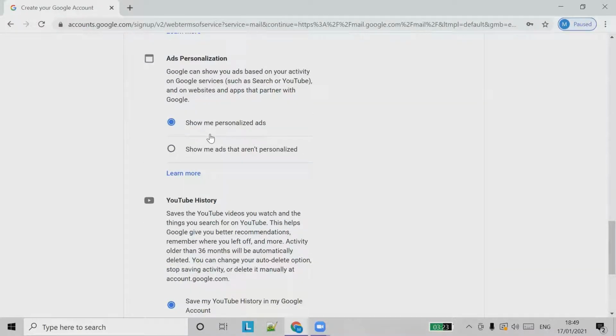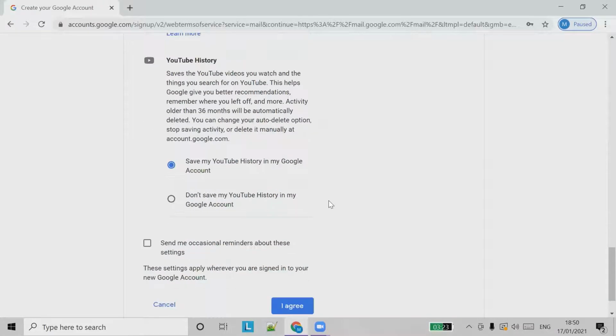So let's say if you use a Gmail account to search for a shoe, you may get ads on shoes. So if you switch this off, you won't get related ads on your Google accounts. So this we can switch on. And also YouTube search history. So whatever you type in YouTube could be saved. Your search history can be saved or cannot be saved. So you can opt what to use.